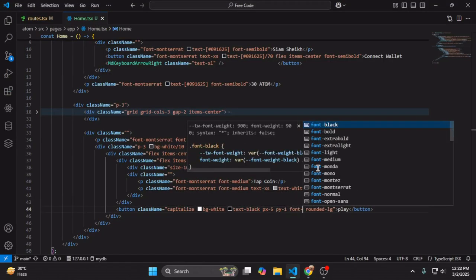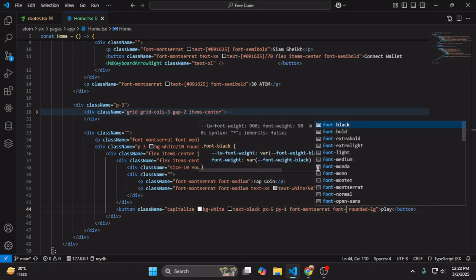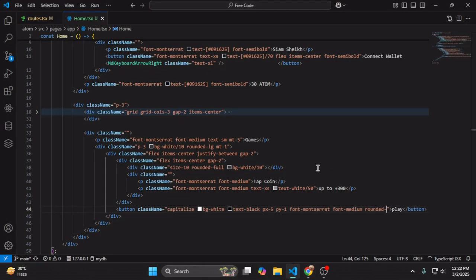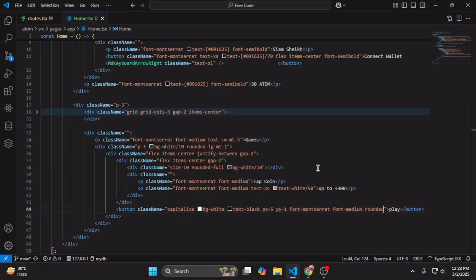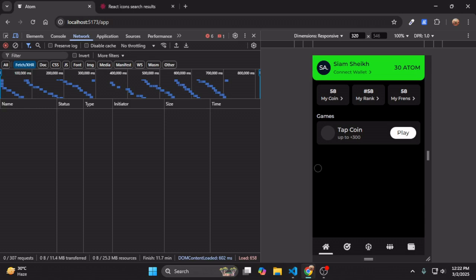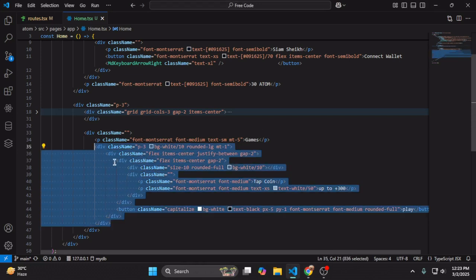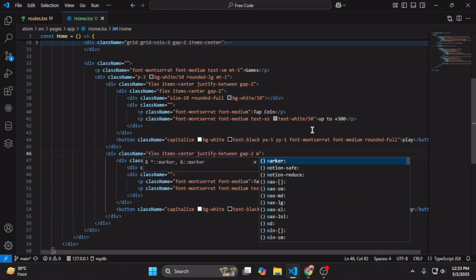Now font is Montserrat. Okay, now font is medium. Okay. Now that is 2XL or just XL, or I can make it full. Okay, full is better for this. Full. Okay, far better. Now I just copy that thing and paste, not all of this. I just copy that div and paste here once again,